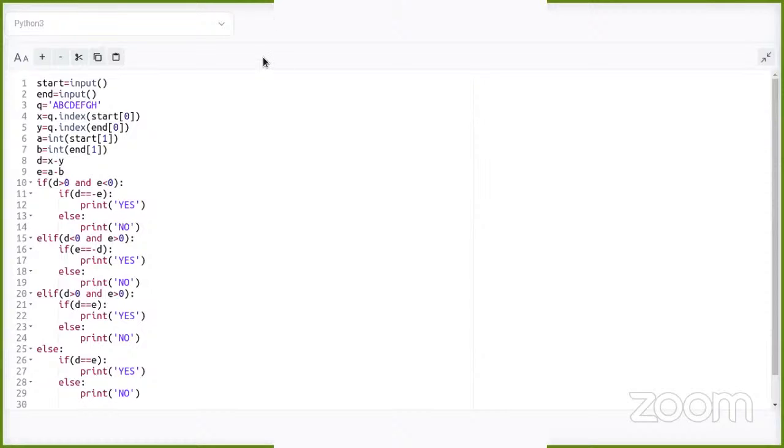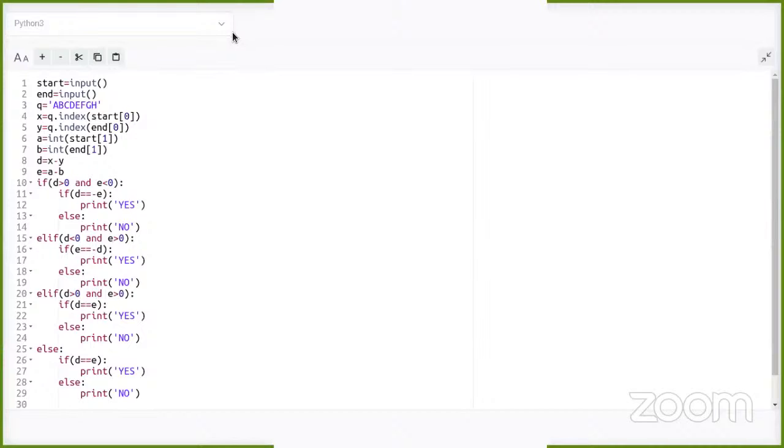Sir, can I ask one question? Sir, how can I find the character difference, like between A and D? You can take the index of it. That index gives the position, right? So based on the difference in the positions of start and end, you will know the difference. No, I am telling about the row difference. The row difference between A and D is 2, and between A and B is 1. How can I find the difference?